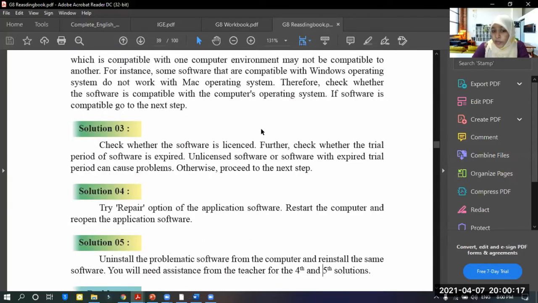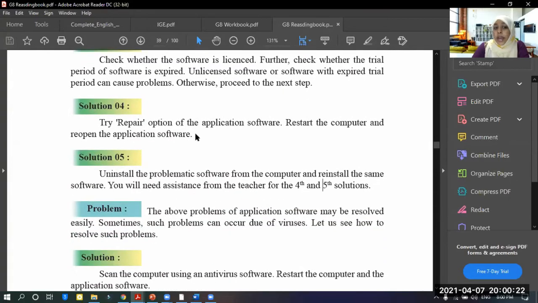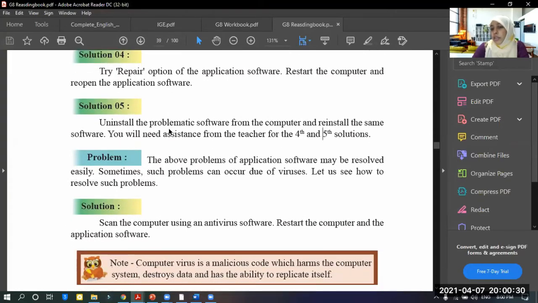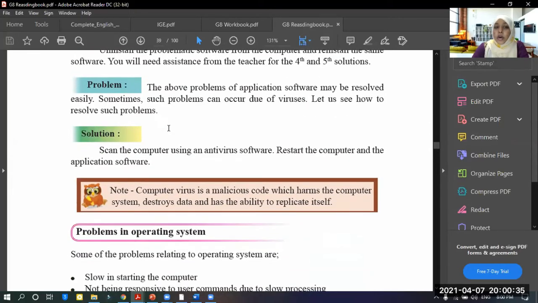Also, you can check whether the software is licensed or it is expired. And then you can repair the software and restart the computer and check whether it works or not. Also, you can uninstall the problematic software and reinstall it to your computer.